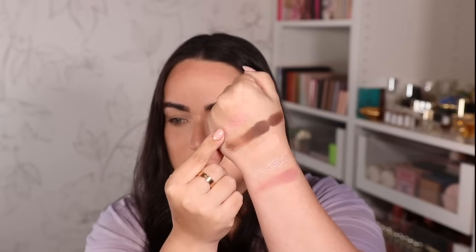So that is what that shade is. I obviously did not have it because I don't think I have any Natasha Denona singles. I guess I do now, but I didn't before. So that is this shade swatch right here, which is a peachy pinky duochrome, not too sparkly, just a nice